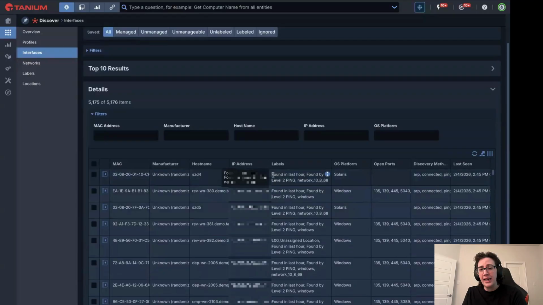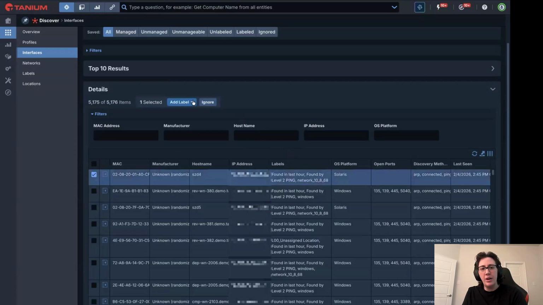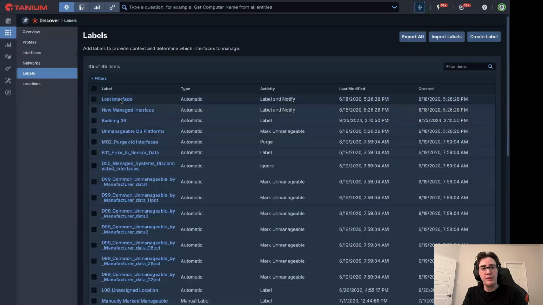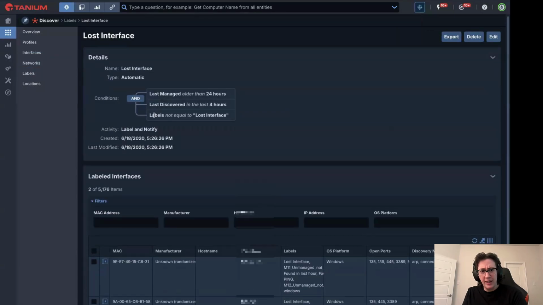You set those up, it goes out to the endpoints, they start doing a thing, you get your data in here, then you can start doing stuff with the data, like creating labels. These are basically just tags that can either be applied manually or you can, my preference, do them as automated labels with specific rules